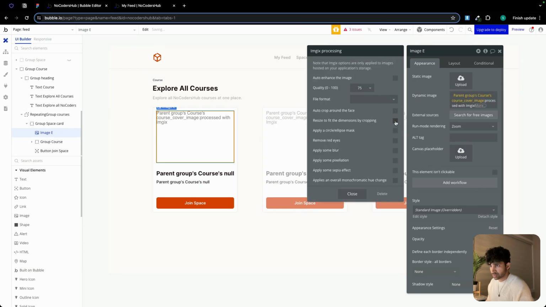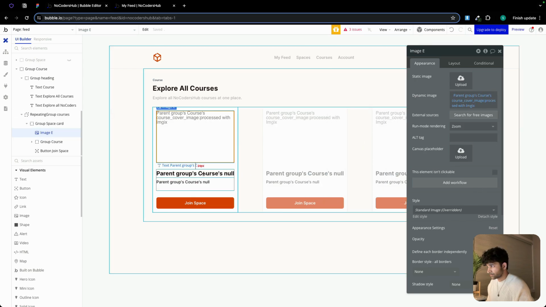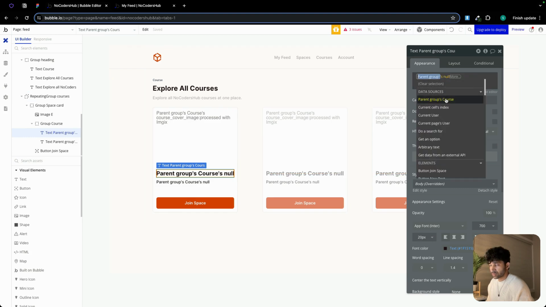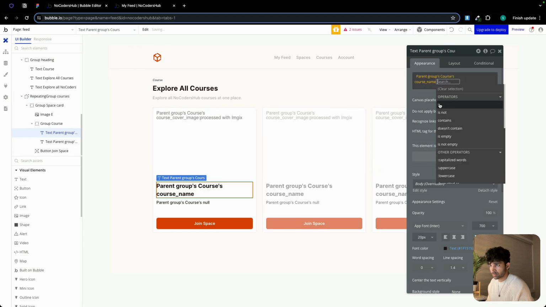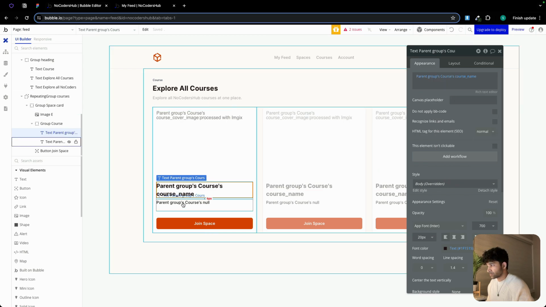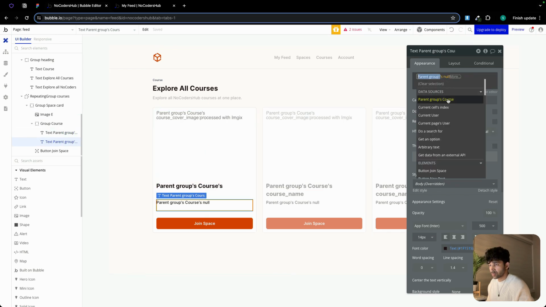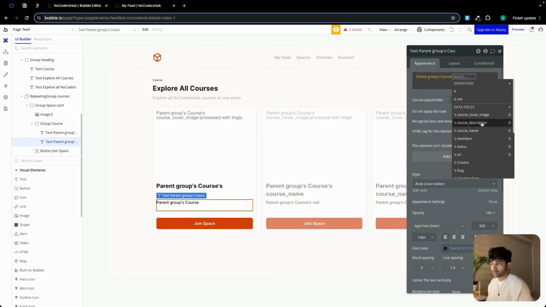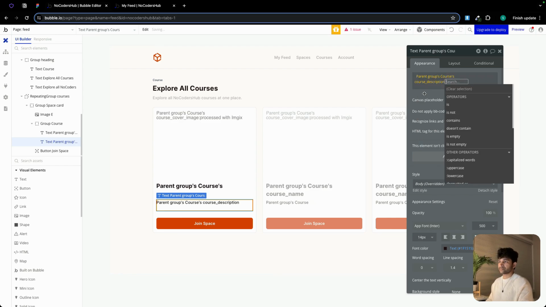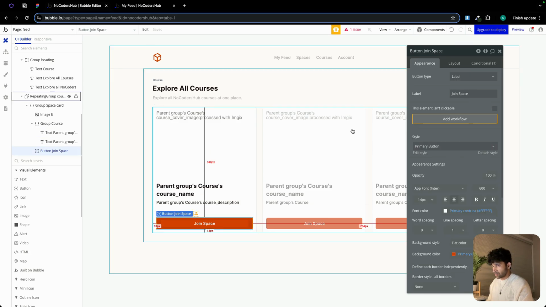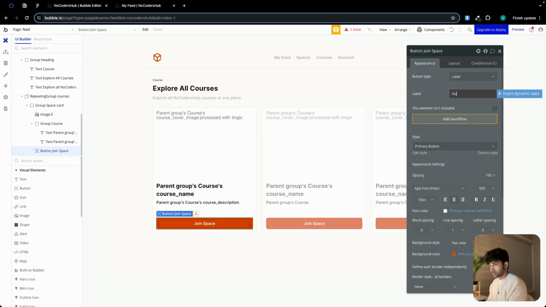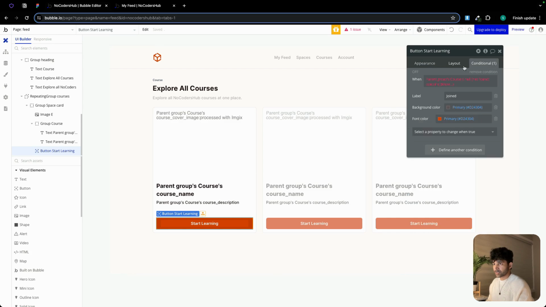Process with images. This one parent group course name. This over here is going to be parent group course description. And over here, this is going to be start learning. Let's get rid of this